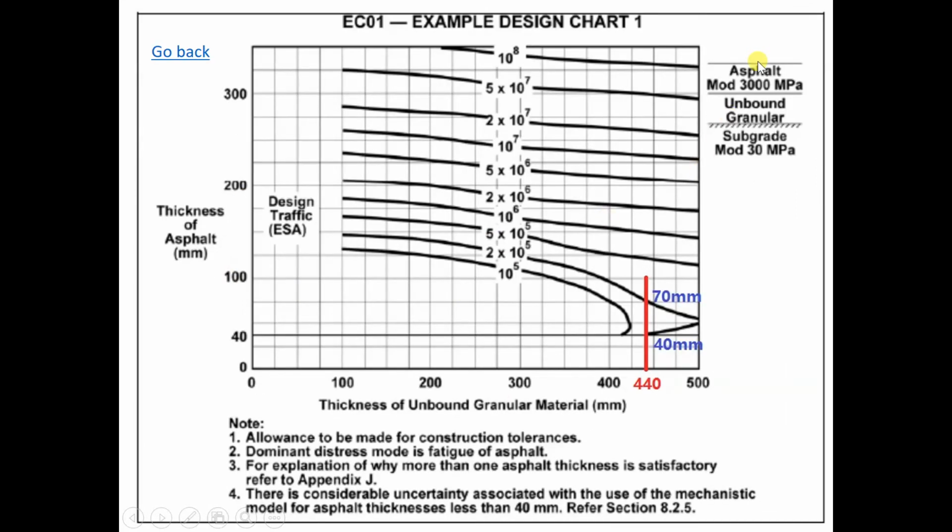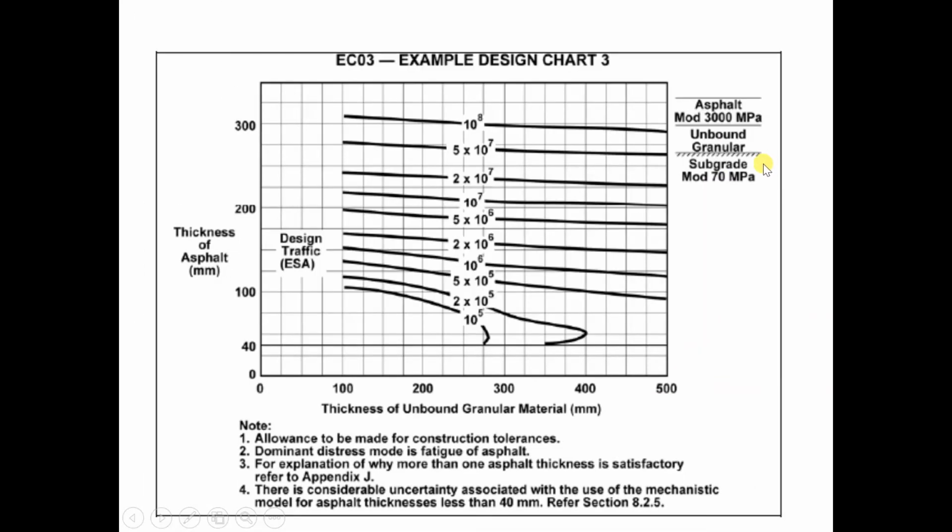This is based on the asphalt modulus, this type of asphalt, 300 MPa, and the subgrade is about 30 MPa. So 30 is maybe about 3%, because the subgrade modulus is like 10 times CBR. So CBR is about 3%. If the asphalt is 300 and the subgrade is changed to 70 MPa, that's about CBR equals 7. So the thing is different,